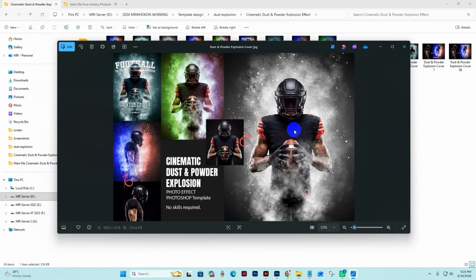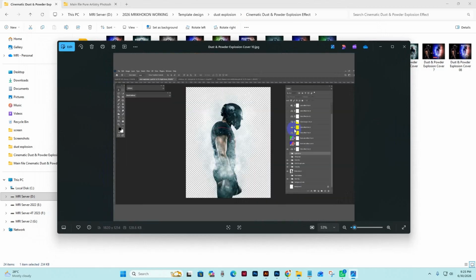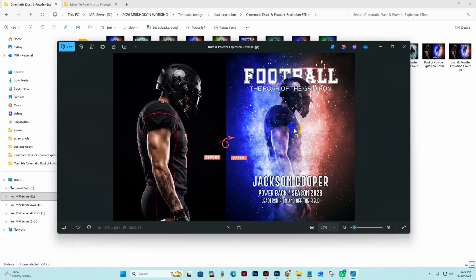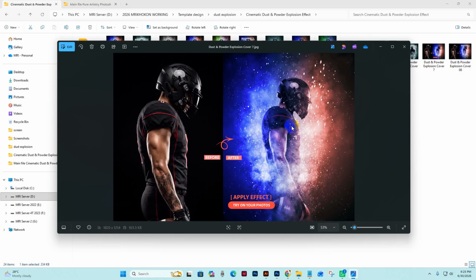If you want to give your sports or action poster an epic, professional and cinematic look, you are in the right place. Today I am sharing the full editable Photoshop template featuring the cinematic dust and powder explosion effect. This pre-made template is designed to turn any ordinary photo into a high energy masterpiece in just a few clicks. This is the before and after, and the best part,